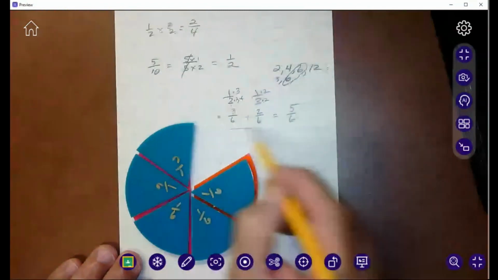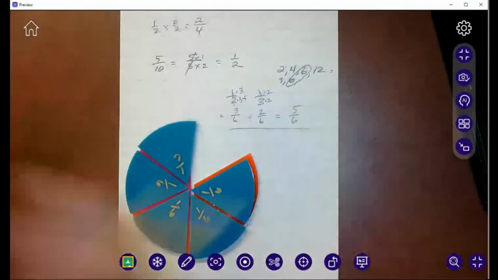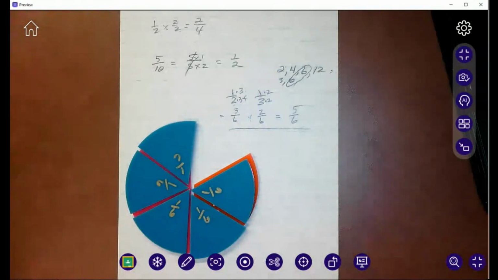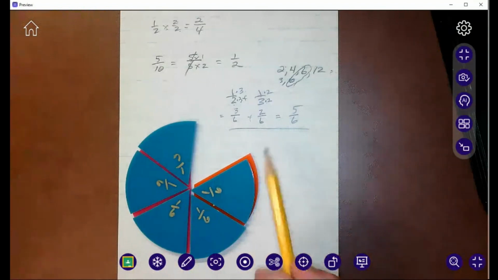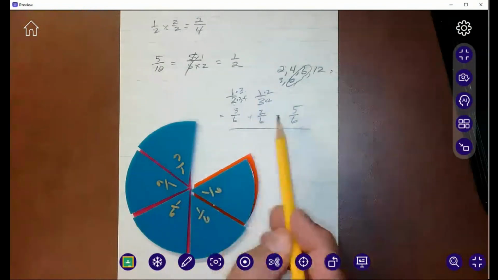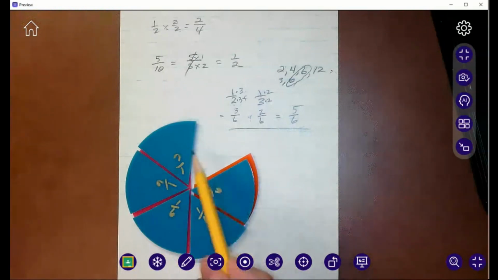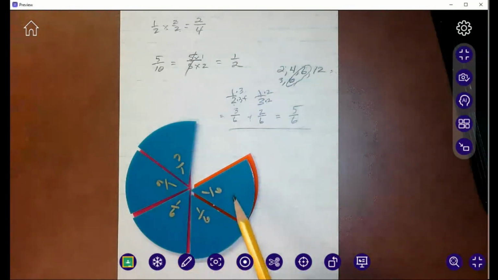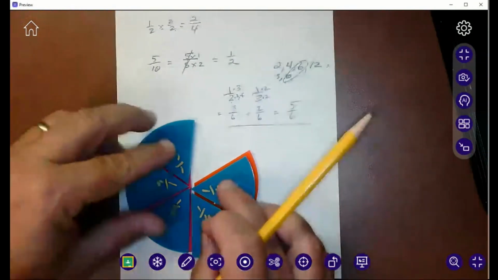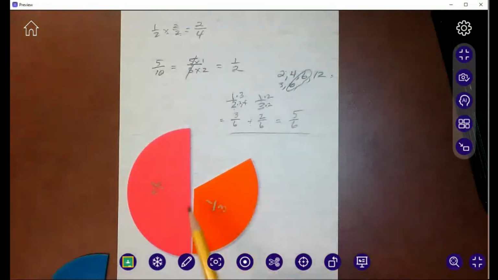Here's what's happening with the arithmetic. You need to be able to, and I've been saying this since our first day, you've got to make the connection between the visual stuff and the arithmetic. So here's why we had to do this arithmetic, because now I have a name for this. The name of it is 5/6. Before, I didn't have a name for this